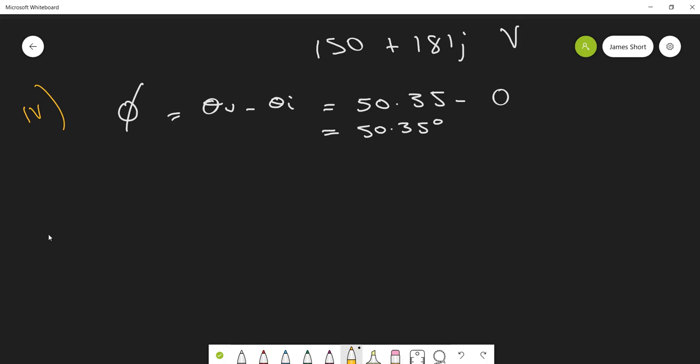Okay, so part 5, we're asked for the power. The power S is equal to V times I conjugate. Remember, I conjugate is the magnitude of I, but with the angle inversed. Well, the angle's 0, so the negative of 0 is just 0 anyway. So this is the voltage, which is 230.5 at an angle of 50.35